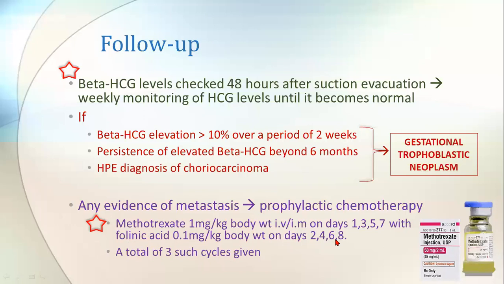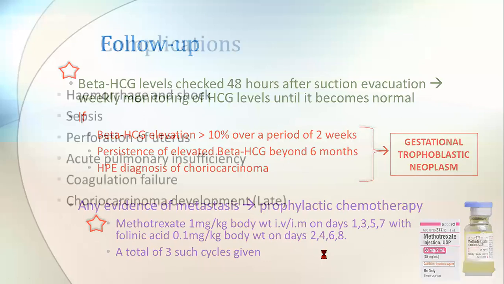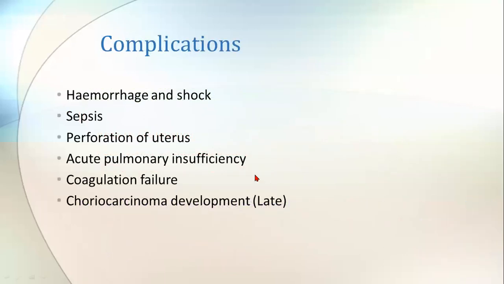We should see whether their HCG levels are decreasing or not. After they are decreasing, 3 such cycles should be given. The same regimen should be followed for 3 such cycles with a gap of 1 week. Next, see complications. If the patient is not diagnosed as molar pregnancy, most of the patients will not be